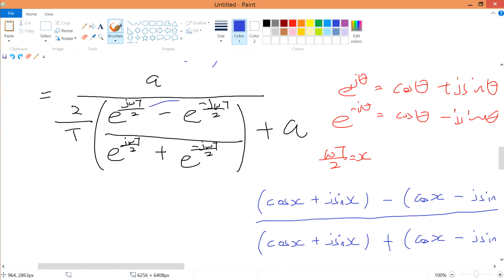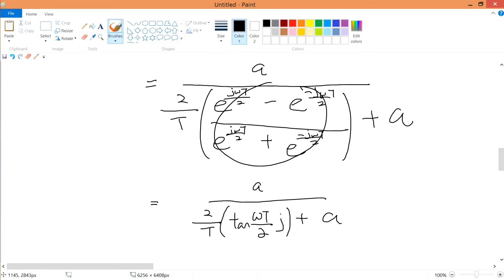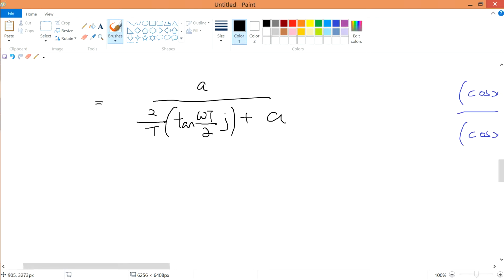Alright, so this thing over here can be simplified into what? I would have this thing over here written as this one, tangent omega t over 2, where omega t over 2, you know that is x, right? We have told you that. Okay, so after a long chunk of stuff, we can also say that this thing over here is still your s, right? Because it's a over s plus a, your low pass filter. But firstly, we sub in our s as a trapezoidal, the bilinear or twisting, whatever, they're all the same thing. Alright, so this thing over here is your